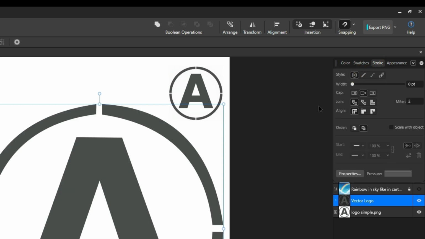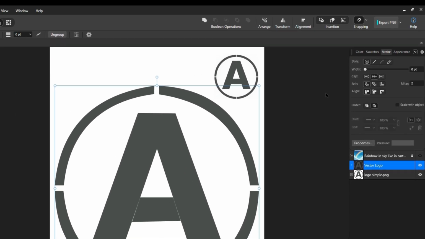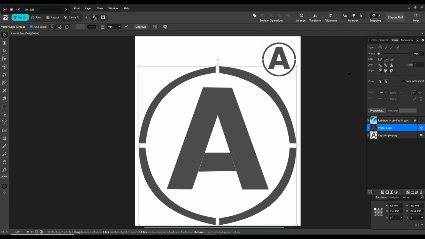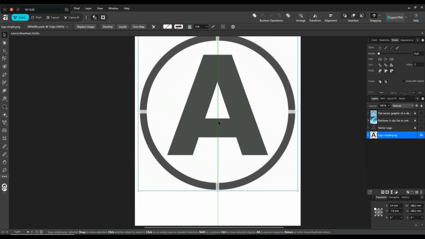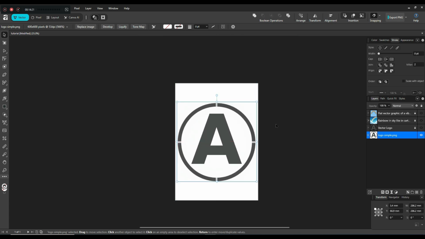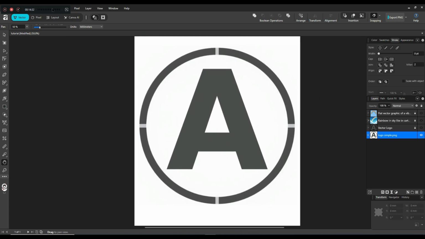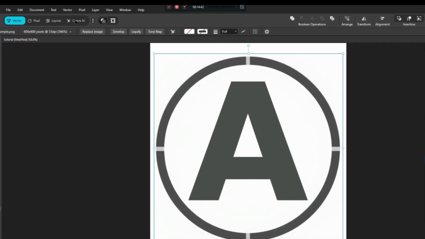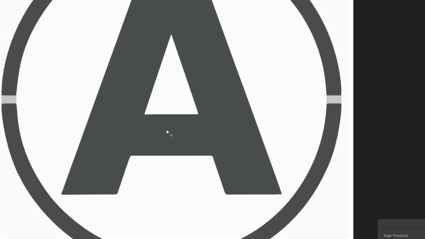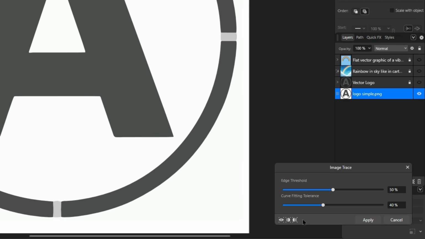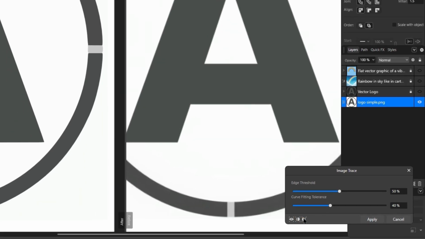Now, if you don't want to do it manually, the quicker option is image trace. First, hide and lock the vectors. Make the original image bigger and position it in the center. Select the image and open the Vector menu. Then Image Trace. Let's zoom in on the image. Click this button to turn on the mirror view so you can compare the pixel image with the traced result